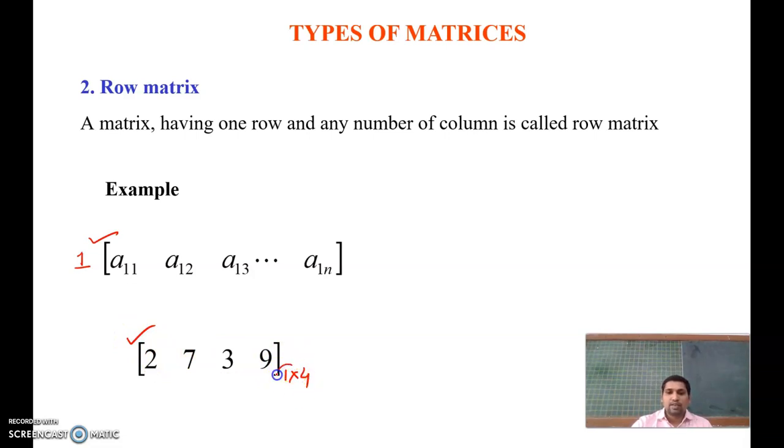There is only one row. That's why this is an example of a row matrix. Now we'll see another example: one row and 3 columns. So 1 by 3. It has only one row, so it is also an example of a row matrix. And here is one row and one column. So here is one row, that's why it is an example of a row matrix. And here is also one column, so it is also an example of a column matrix as well. So a row matrix is one in which there is only one row.